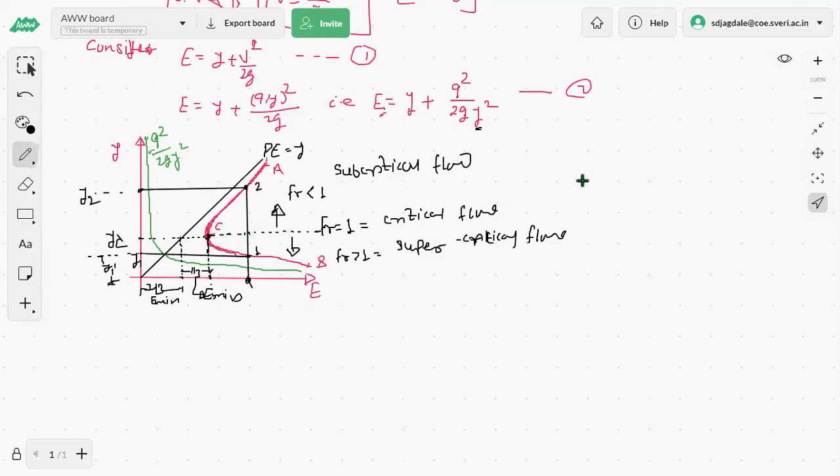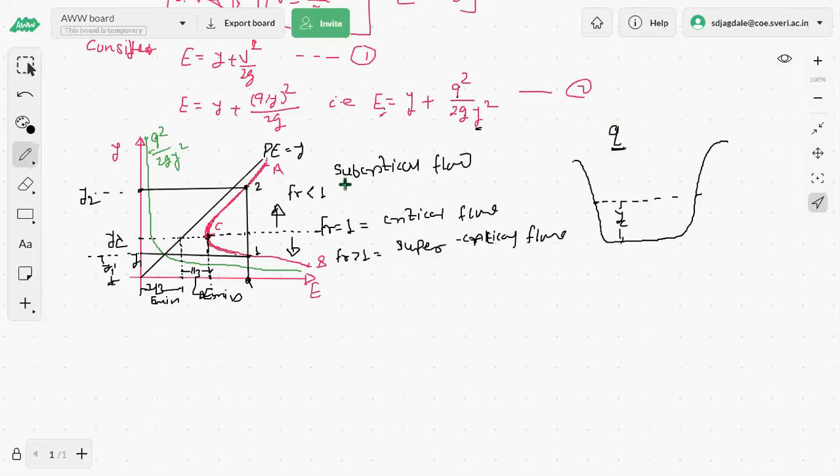If you go for the particular channel section, suppose that this is a channel section about which we are talking, with all those parameters, then related to the critical, this will be the critical depth, which I would like to mark as YC. The same discharge Q we are considering as a constant discharge. Okay, then at two depths we will be able to pass the same discharge.